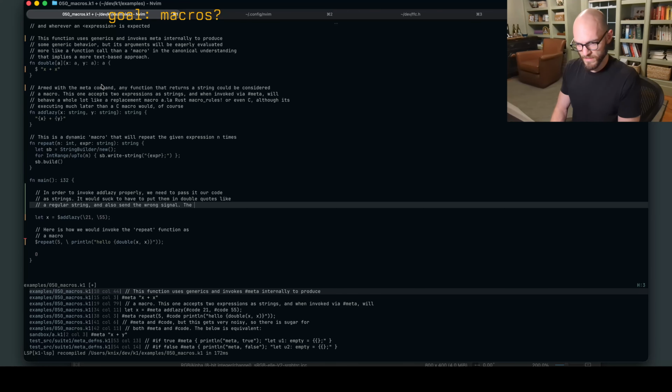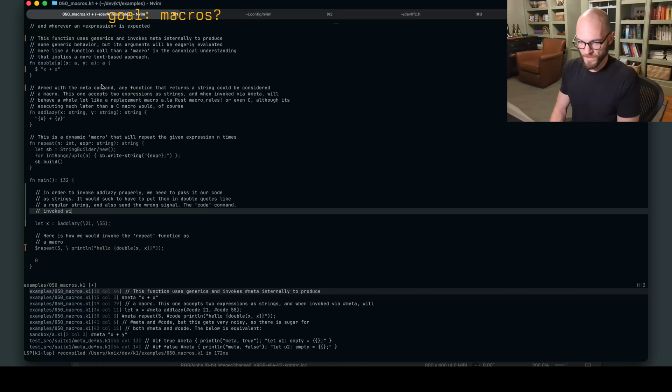The backslash command, code command invoked with backslash is the solution for this.